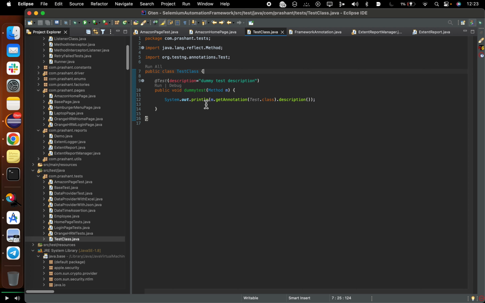Okay, so here what we are doing is we are using the m.getAnnotation(test.class), and then on that dot description. So from here we just get annotation test.class, and then here dot description. So when I run this,